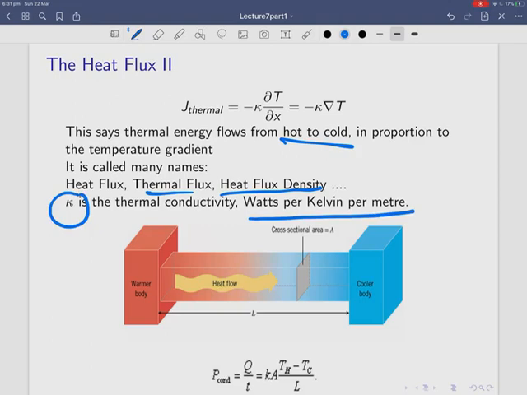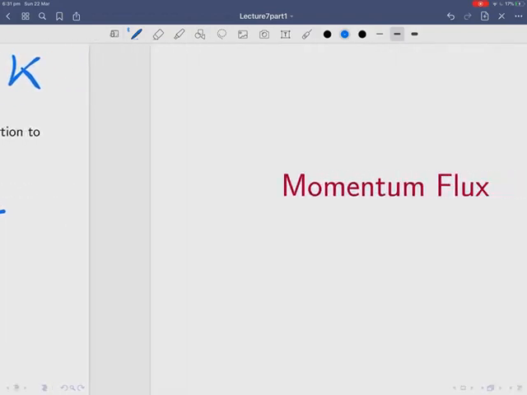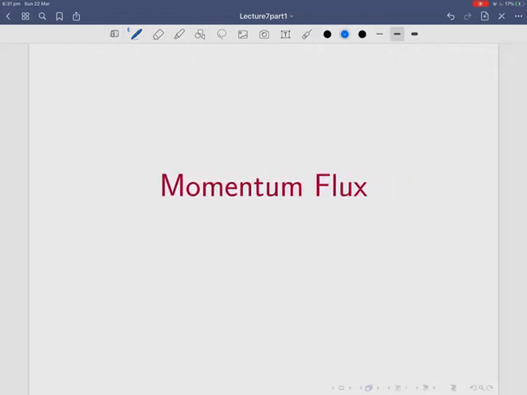Okay, just like we had a diffusion constant before, and we've had a conductivity, now we've got a kappa, which is the thermal conductivity. So you see there's a pattern arising here. All these systems, for instance, they're linear. They're very, very linear. The thermal flux is proportional to the gradient of the temperature. Okay, the matter current flux is proportional to the gradient of the concentration. The electric current density is proportional to the gradient of the voltage.